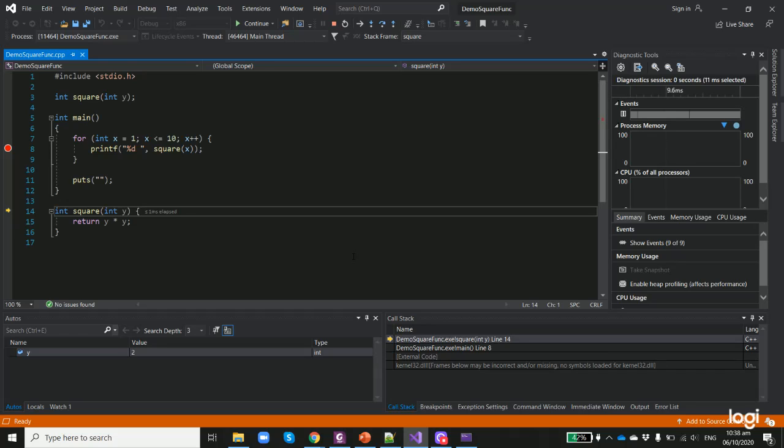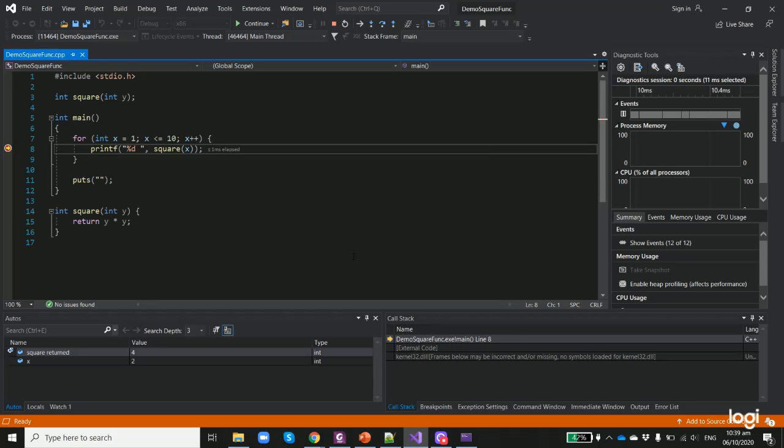So we're again at line number 14, we go down, we're at line number 15, so this is our current location, and the location below it is the main function line number 8, which is the address or location to which we will return. And so again when we get to the end of this function we pop our stack and we go back to line number 8, press F10, continue,